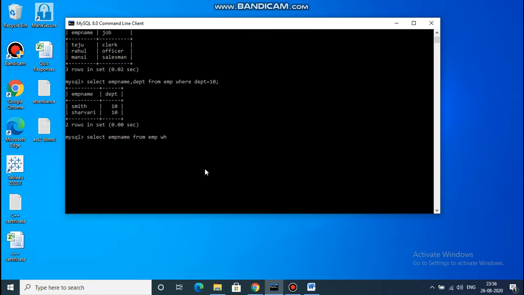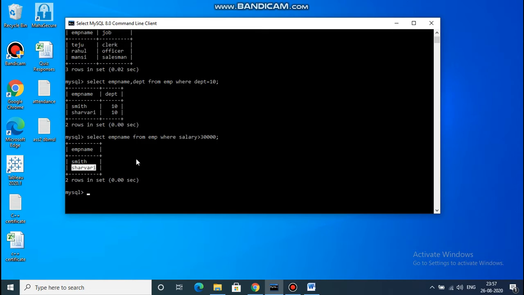Again where clause, where salary is greater than 30,000. You can see here the employee names Smith and Sherwari.